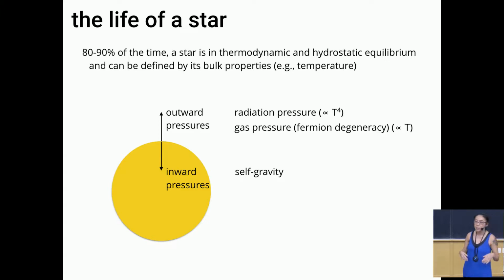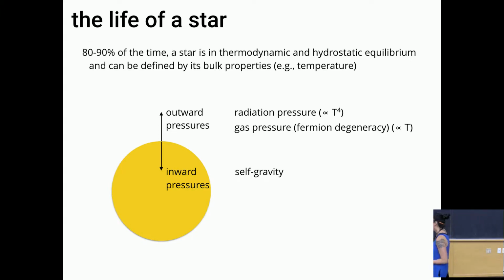So what defines how a star evolves? Well, the star is sort of just balancing forces, right? You have the self-gravity of the matter in the star, and the more mass the star has, the more self-gravity the inner layers are going to be affected by. And then you have the outward pressures like radiation pressure and gas pressure, or sort of fermion degeneracy pressure, because